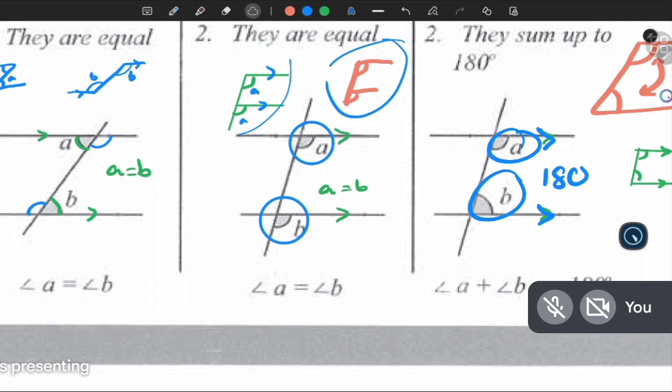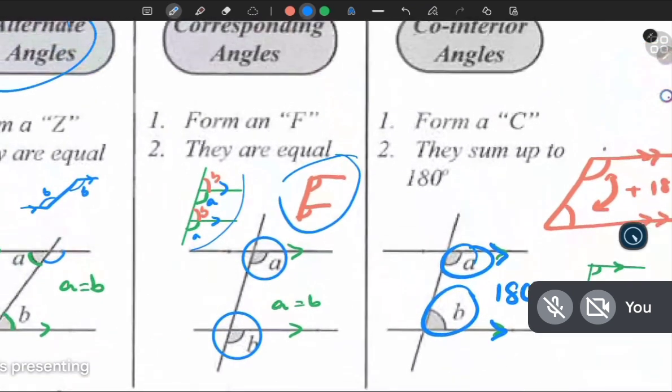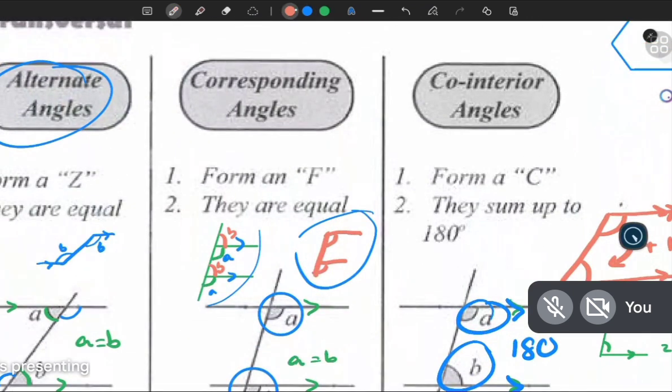Alternatively, we could extend this line and make a new angle called B, which would make these two equal. So these two angles are A and these two are B. So this is the F property, which is called corresponding angles,